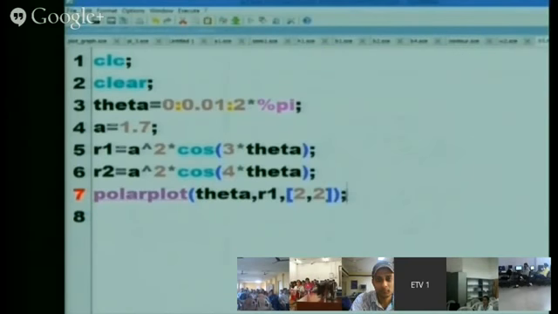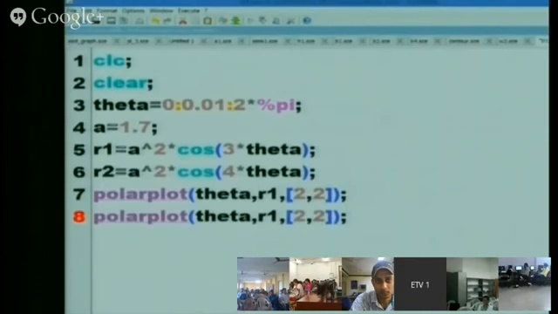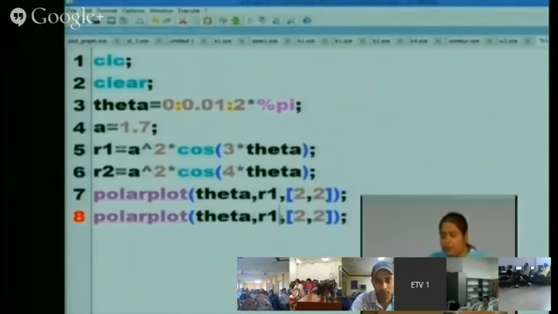Similarly, I can write polarplot theta R2.